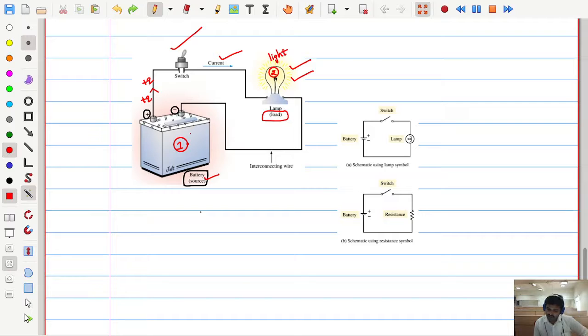Okay, every time we cannot represent this big battery with its real structure and this lamp with its diagram, and all may not be good at drawing. So what we do is adopt a symbolic representation of these elements, which we call a schematic diagram. The schematic diagram of a battery is two parallel lines, one bigger in length than the other. The bigger line represents the positive polarity, the smaller line represents the negative polarity.